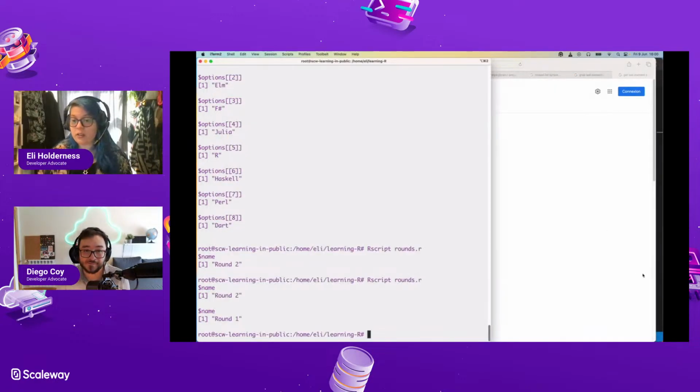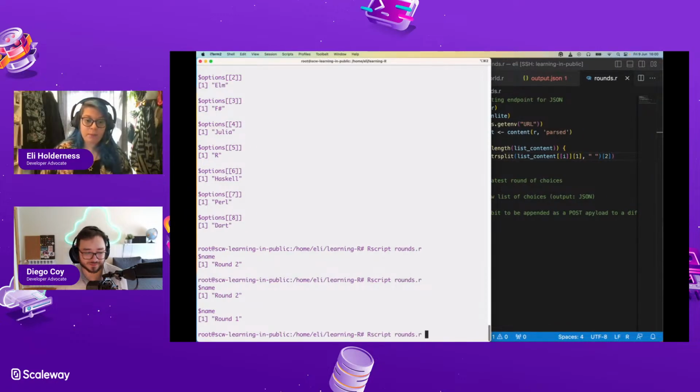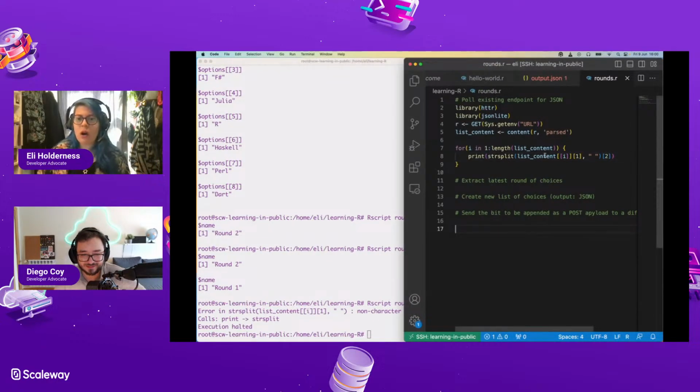I do know it's the second. You've told me that. Yep. Right, and I'm hoping this is just going to give me 2 and 1. It's so interesting to me to see a language. Non-character argument. Huh. In which? This might not be. So maybe I have to do this. Maybe I also have to do this.